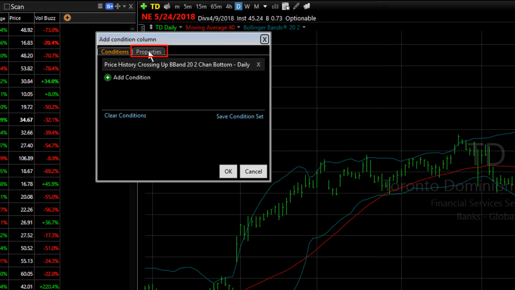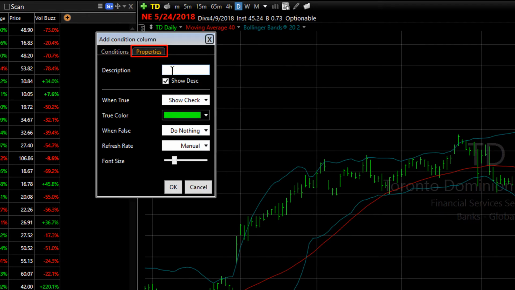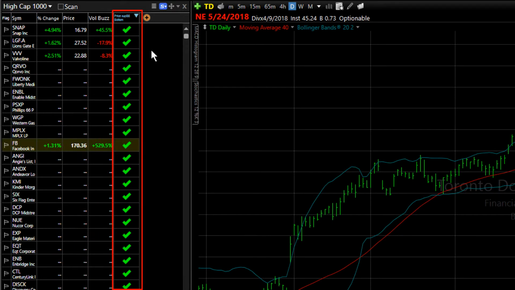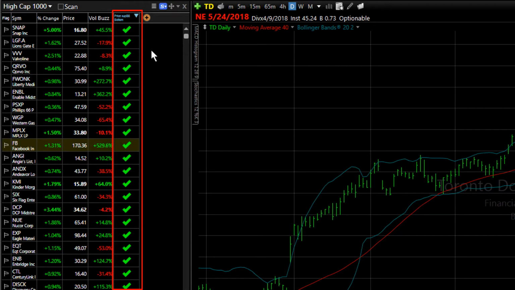I can click on the Properties button if I like. Maybe I'd like to give it a name. Price crossing up through Bollinger Band bottom. Click OK. And now I have that column added. You can see some check marks are in it. To sort by this, I click on the header, and that brings all my check marks to the top of